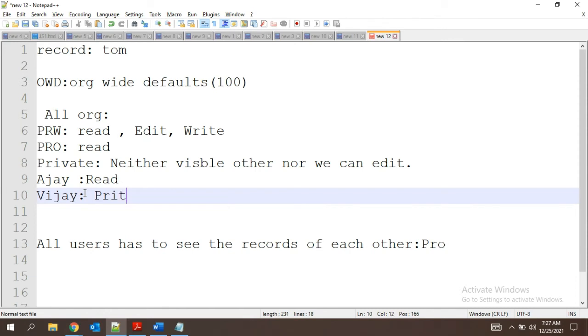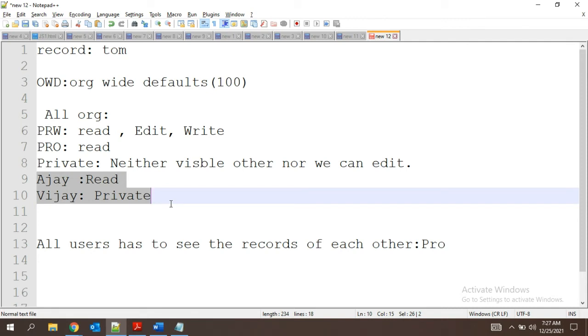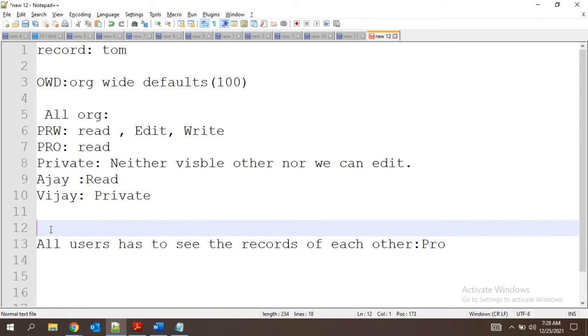This time we have to choose the least access. Which is the least access here? There are two users in the organization, and one user should not have access at all, and the other user should have at least read. So which one do we have to give in OWD? By default, all the users should have what?